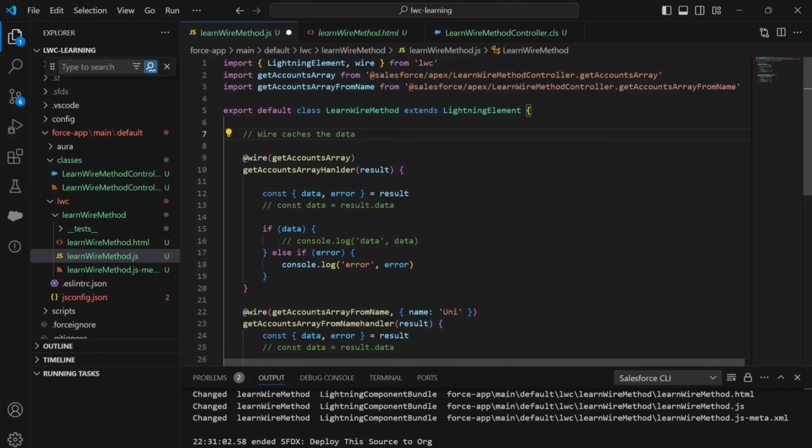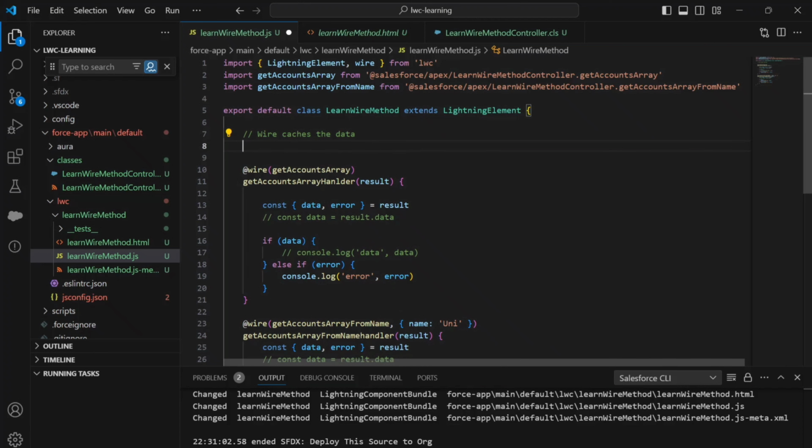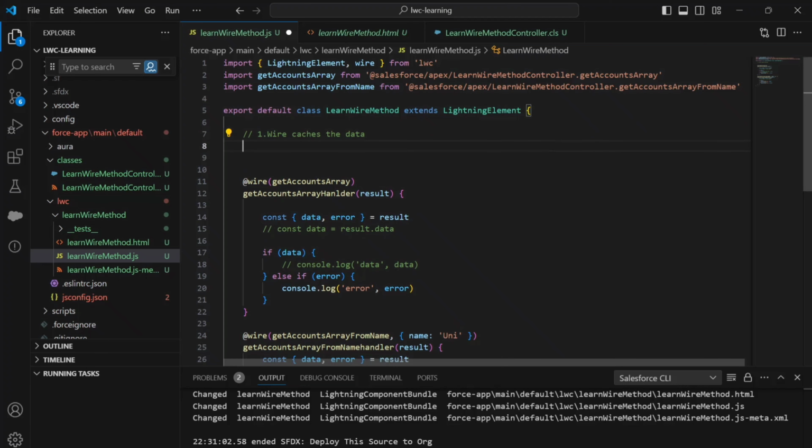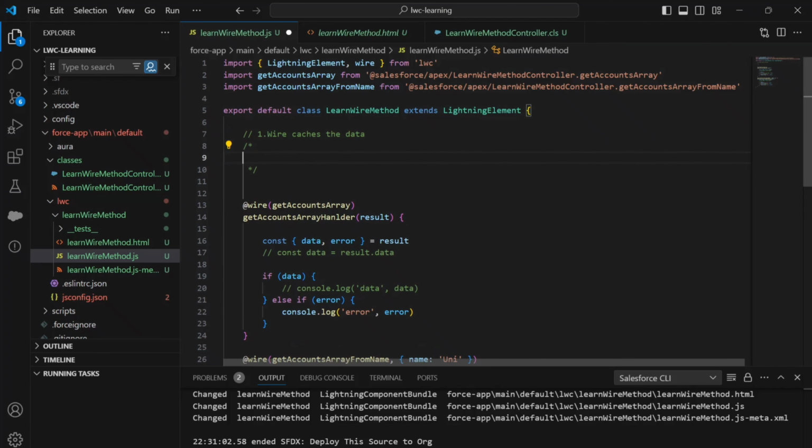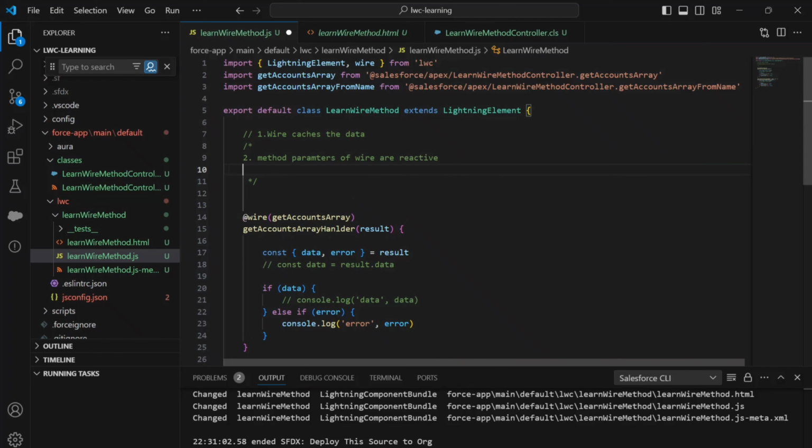I will write the points here as comments. One is that wire caches the data, and the second one is that method parameters of wire are reactive,